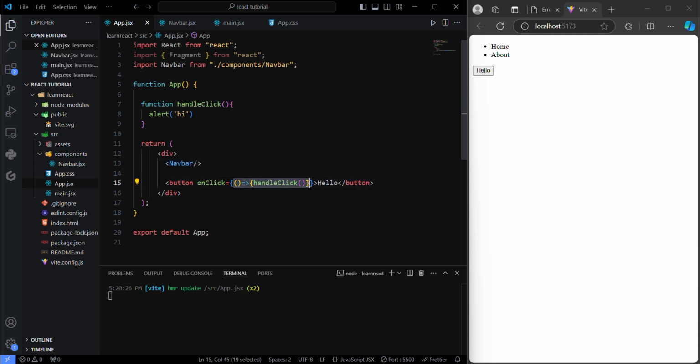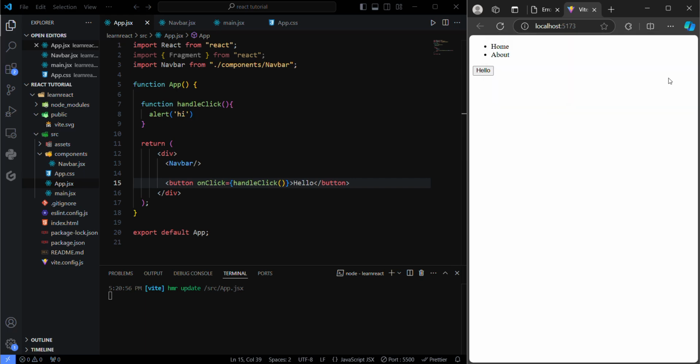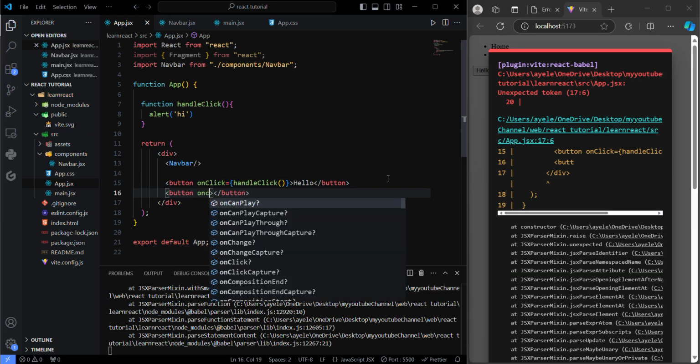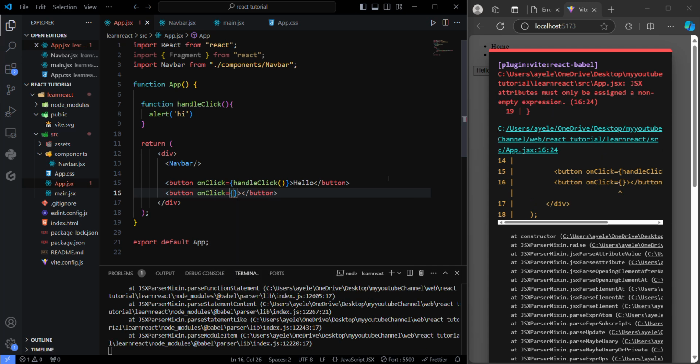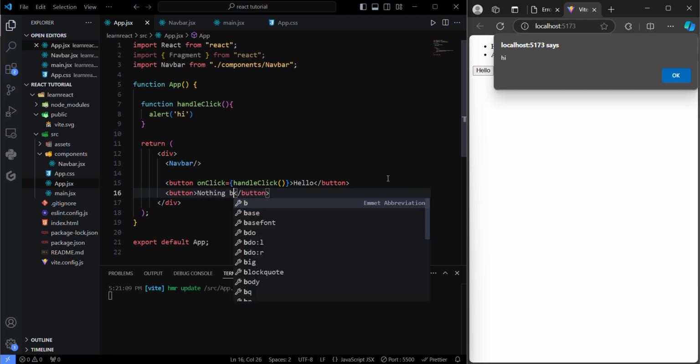I mean, if you're making the class and not the function, then you need this keyword, because it's really important. Otherwise, when you click on other buttons, let me show you. Let's just say, as you can see, if I get another button and on click, we don't need on click for this one. Let's just say nothing button,